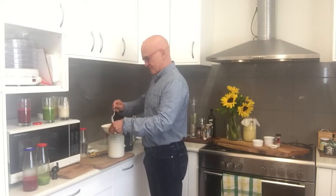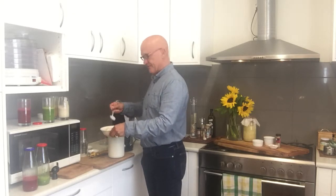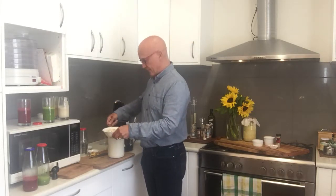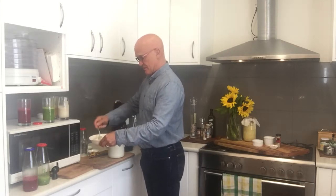Now Martine, my wife, makes this, along with kombucha and other fermented foods. So it's got some nuts and seeds, and that's all ready to eat. Absolutely beautifully